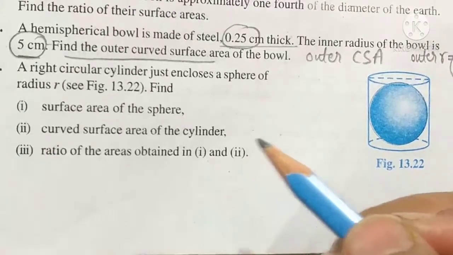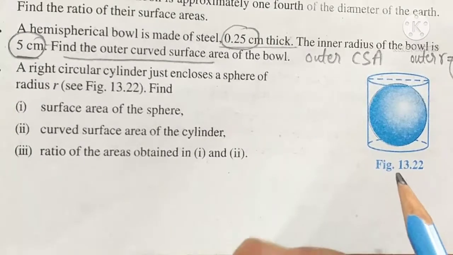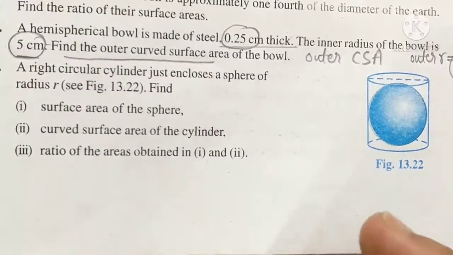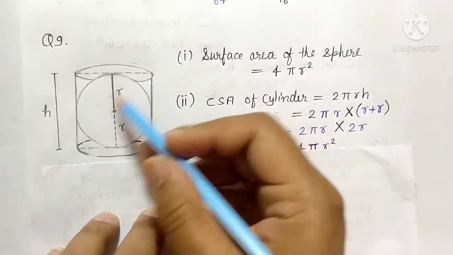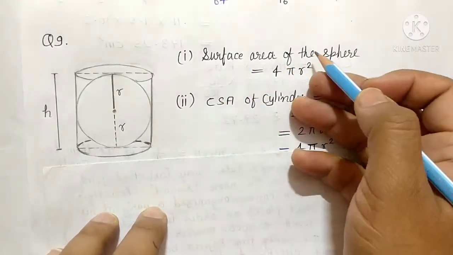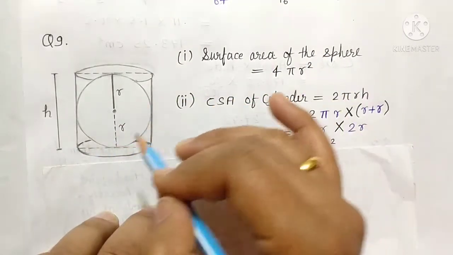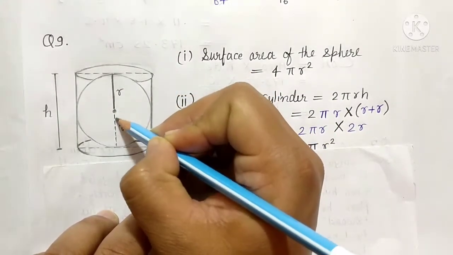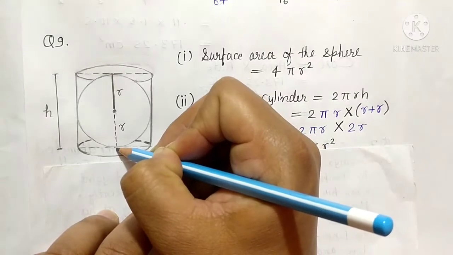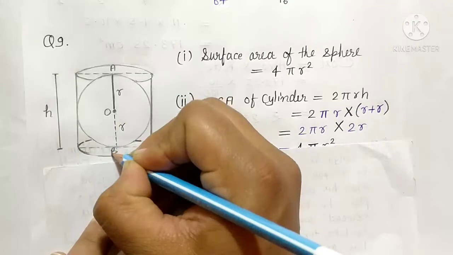The surface area of a sphere, we know very well, has the formula 4 pi r square. And the CSA of a cylinder is 2 pi r h. So by using these formulas we can find these parts. Let's do this. I have drawn the figure here, and we have to find the surface area of the sphere, whose formula is 4 pi r square. Now see, in this question they have not given any value of radius. So we have assumed this is the radius r till the center point, and from this point also this is radius. We can name O to A as radius, and O to B is also radius.